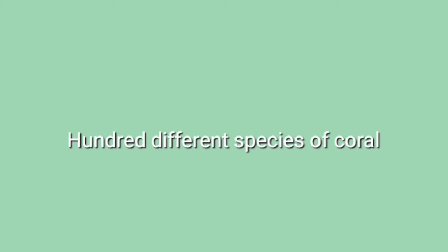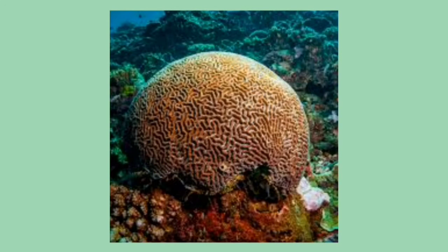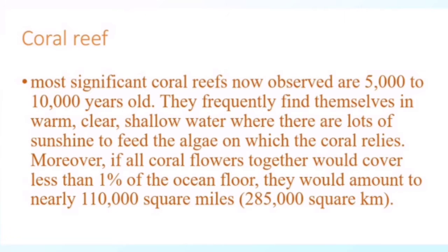According to the Coral Reef Alliance, corals have a dazzling array of shapes and colors, from round, folded brain corals that are named for their resemblance to a human brain, to tall, elegant sea whips and sea fans that look like intricate, vibrantly colored trees or plants. Most significant coral reefs now observed are 5,000 to 10,000 years old. They frequently find themselves in warm, clear, shallow water where there is lots of sunshine to feed the algae